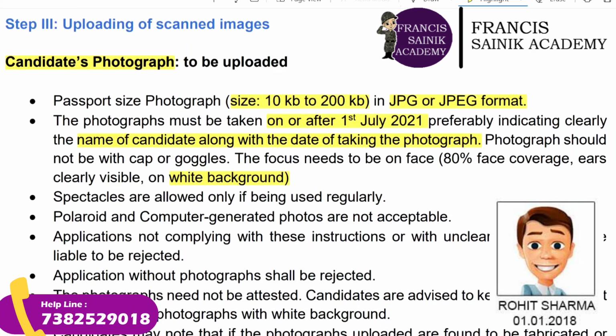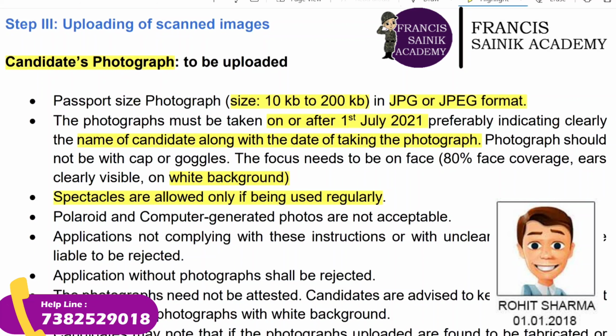Spectacles are allowed only if the student is used to wearing them. Goggles and caps are not acceptable. An application without your passport size photograph will be rejected.